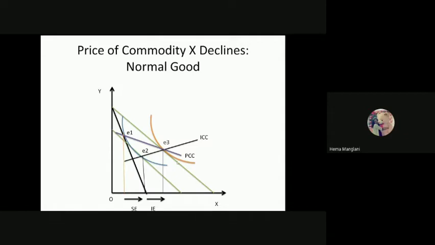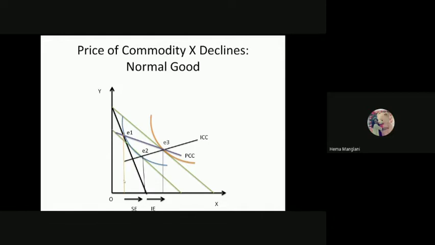So what I will do, I'll draw the pivot of it. This pivot you can see is a parallel shift, and a parallel shift indicates the slope is similar. When the slope is similar, then the prices are the same. So at the E2 position, I have got a tangency of this pivot, which shows that the prices are new now. Here the X commodity price is less. This is not the black price line. This is a new price line.